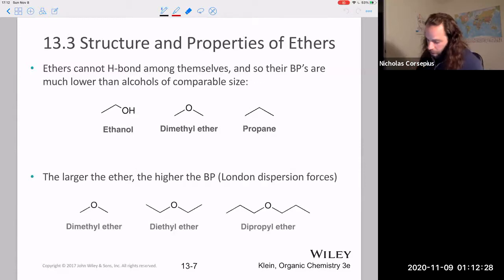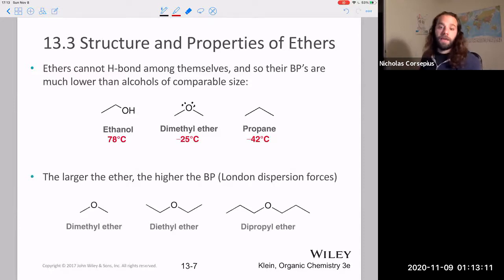with one another. If we take ethanol, that has a relatively high boiling point compared to, say, propane, which is similar in size, but doesn't have that hydrogen bonding potential, right? So the boiling point of that alcohol is way higher than the boiling point of that alkane. For dimethyl ether, again, sort of similarly sized, we now have that oxygen that has its lone pairs, but again, there's no hydrogen bond donor there. Because of that, ether molecules can't interact with one another very strongly. So its boiling point is quite a bit lower than it would be if it was an alcohol,